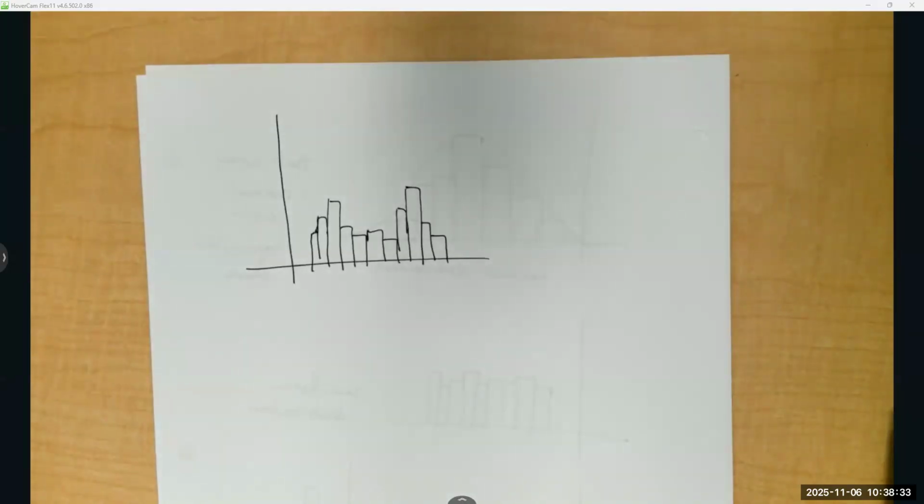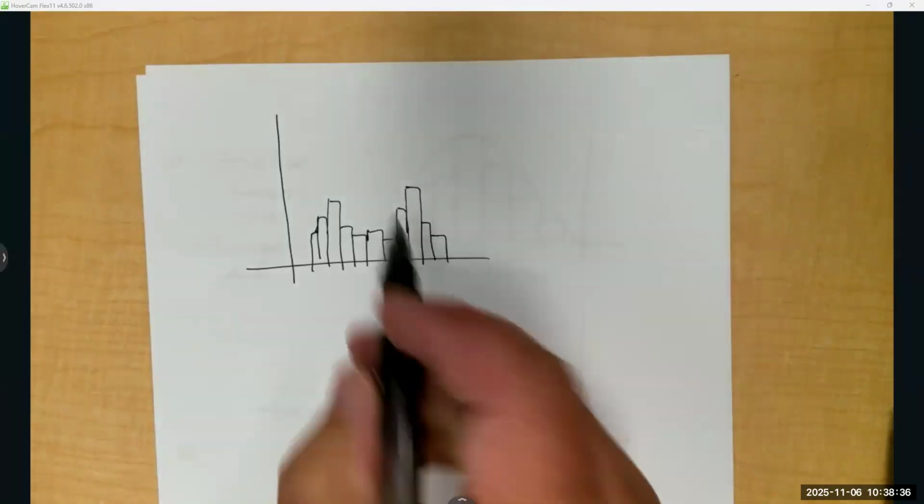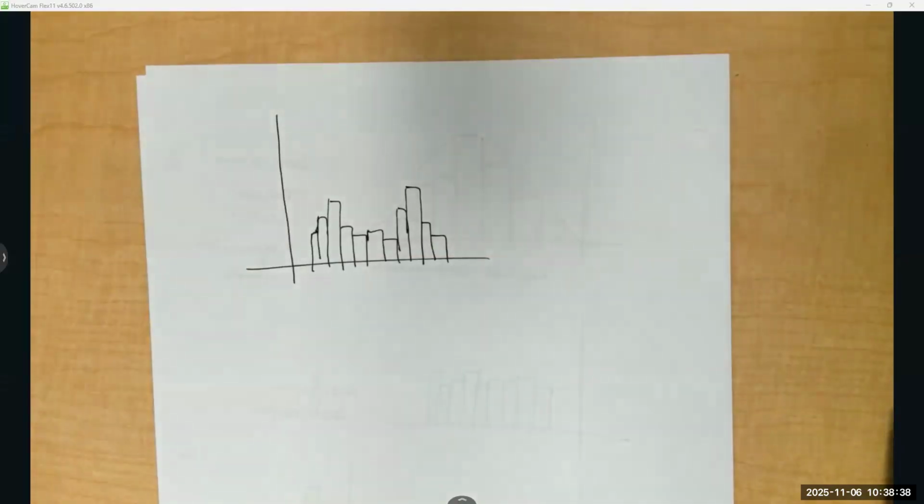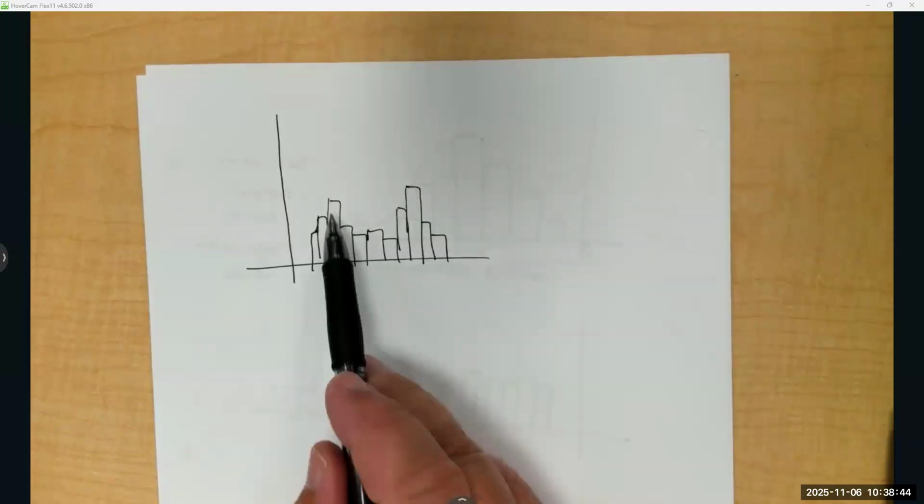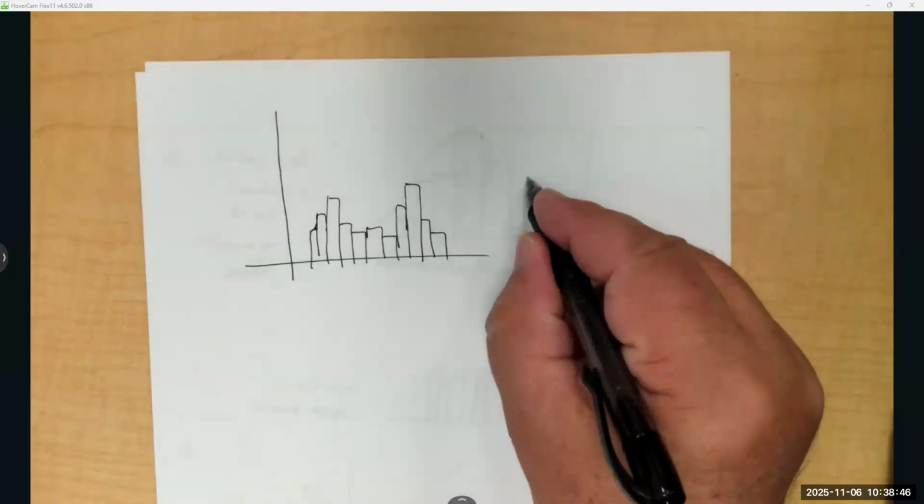You can say U-shape, but it's more. What is the highest frequency called? Mode. Here we have two of them. So this would be